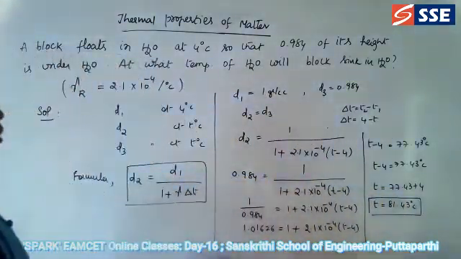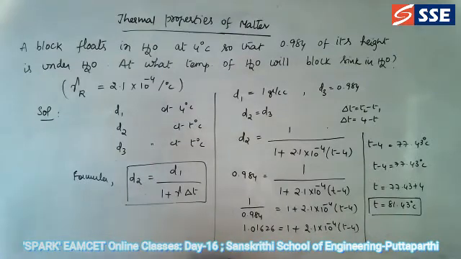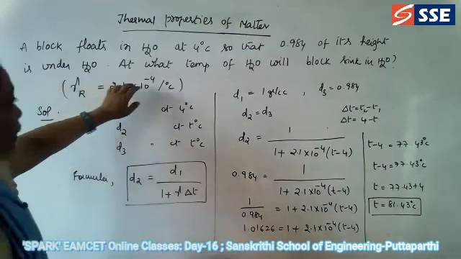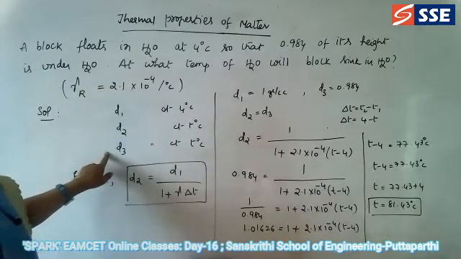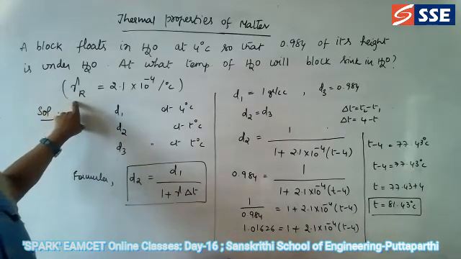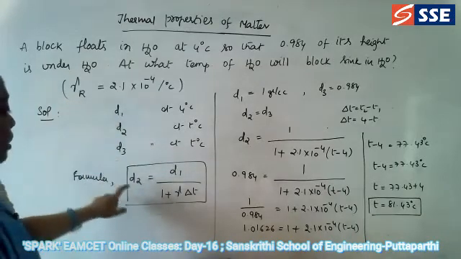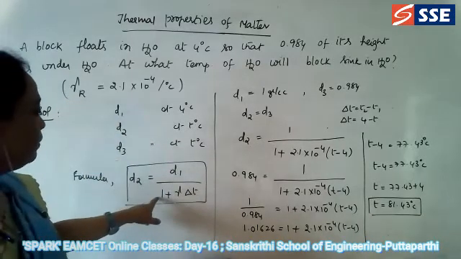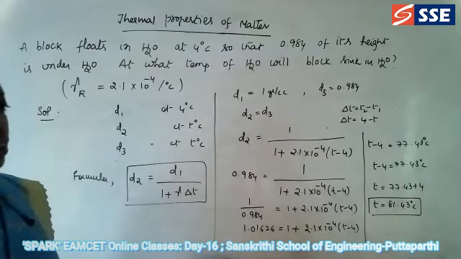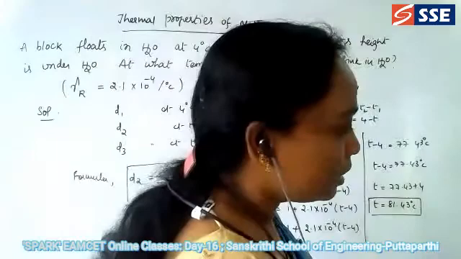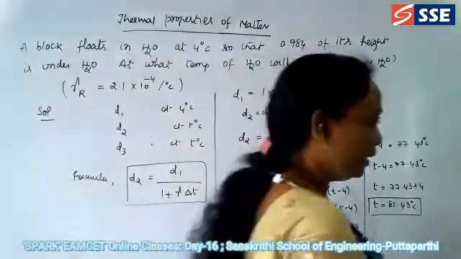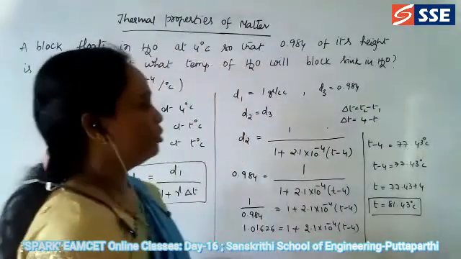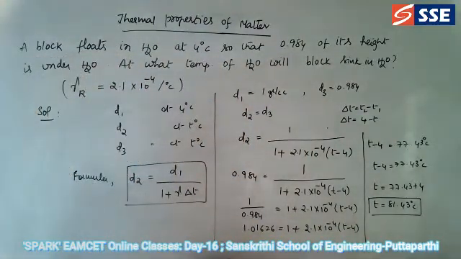So 81 point something comes. This was the problem under thermal properties of matter, when you take the three densities D1, D2, D3 and calculate. When the coefficient of real expansion is given, take the D2 formula: D2 is equal to D1 by 1 plus gamma into delta T. Okay, this was the answer. T temperature is 81.43 degrees Celsius. Next, note down. If you are done, tell me, then we'll remove this and go for the next problem